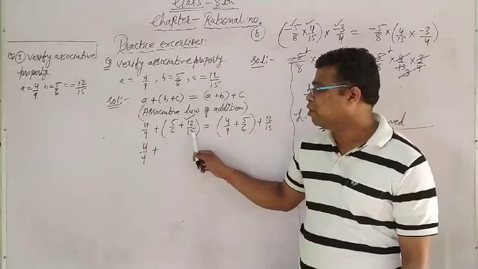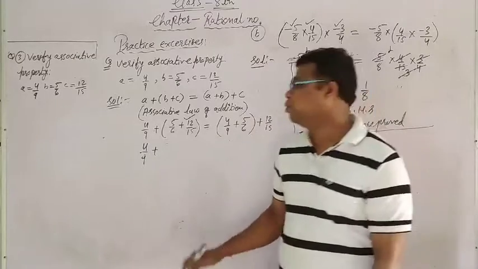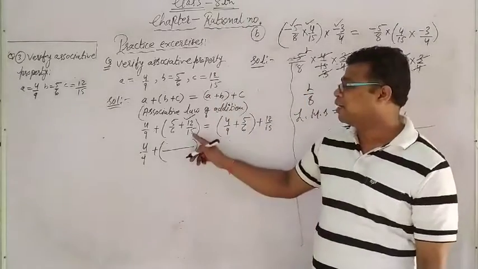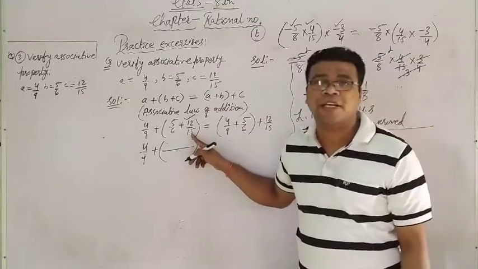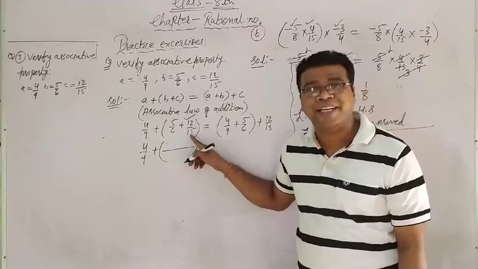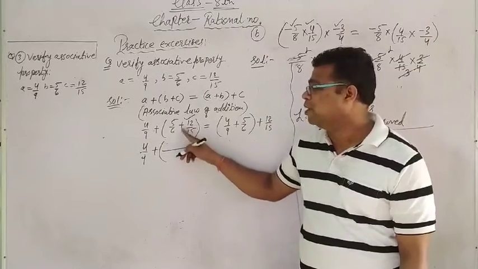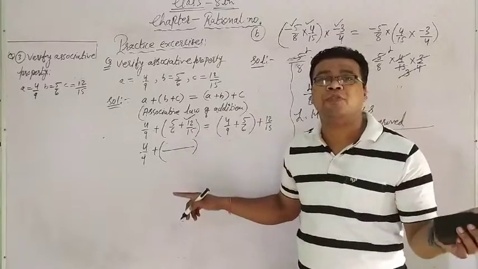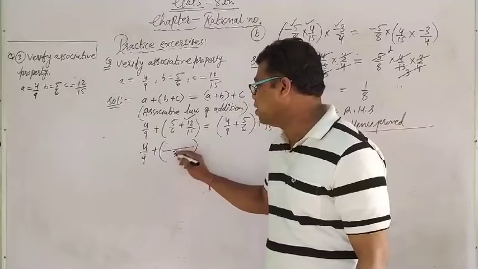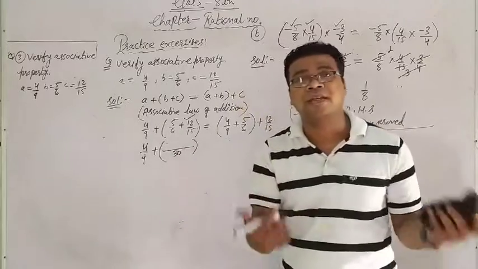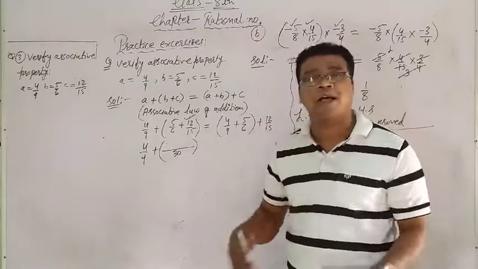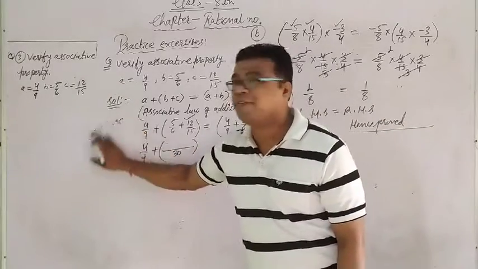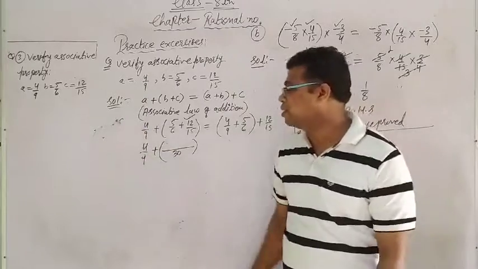What is the LCM of the denominators 6 and 15? That we have to think. So I am giving you the direct trick. Read the table of 15, which is the biggest denominator. Does 15 come in the table of 6? No. Read the next table. 15 twos are 30. Does this 30 come in the table of 6? Yes. So directly this is going to be the LCM. No need to go for 6 and 15 separately. Directly 30 will be the LCM, that you can check by this method.